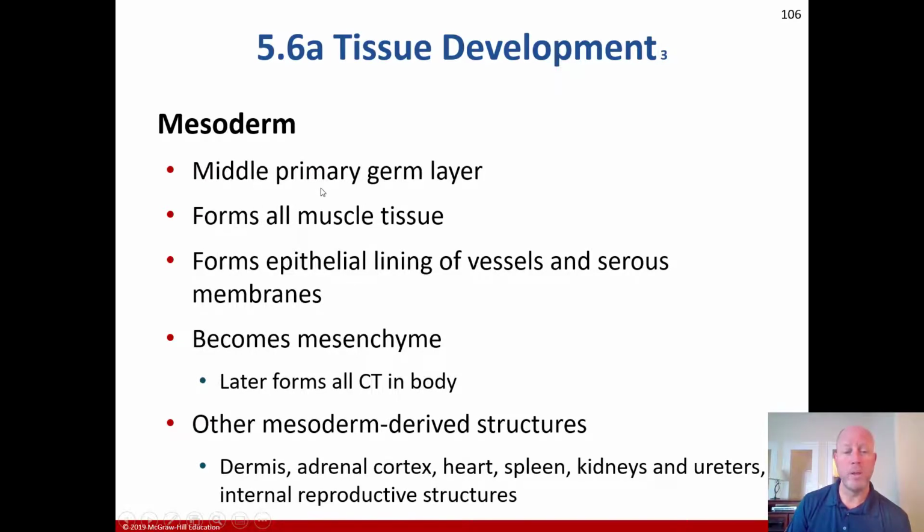Mesoderm is a middle primary germ layer, forms all muscle tissue. It forms the epithelial lining of vessels and serous membranes, becomes mesenchyme. And it later forms in all connective tissue in the body. And other mesoderm-derived structures include the dermis, the adrenal cortex, the heart, the spleen, kidneys, and ureters, and other internal